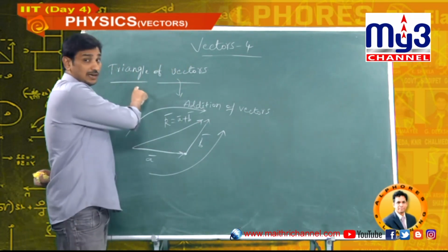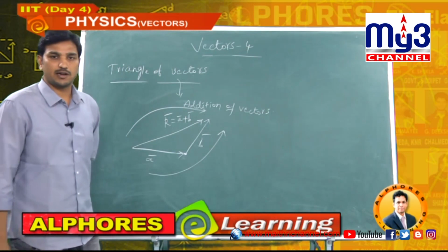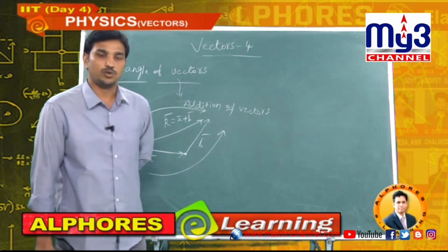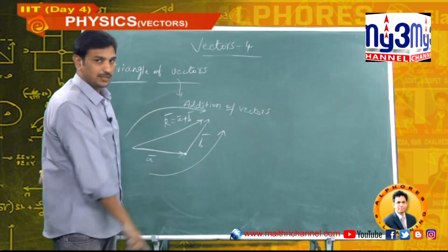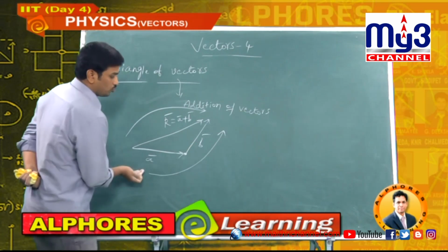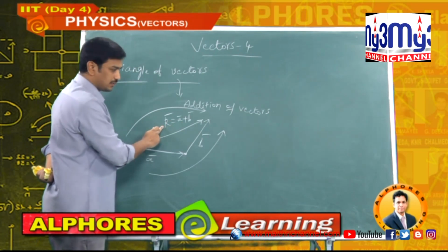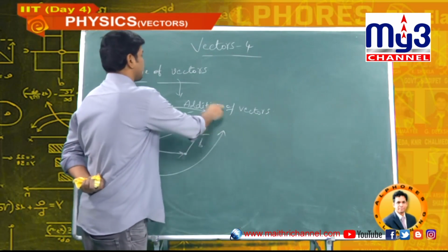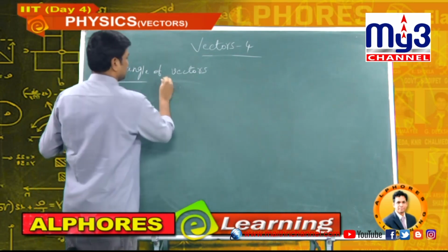I think you got clarity on the statement of the triangle law of vectors. Once again, I am giving the statement. If the angle between two vectors is other than 0 and 180, to add the two vectors we use the triangle law of vectors. What exactly is the statement? A bar, B bar are two sides of a triangle, moving in one direction. The closing side of the triangle is the resultant, and that resultant is nothing but A bar plus B bar. That is the statement of addition of two vectors by using the triangle law of vectors. We will see some examples.